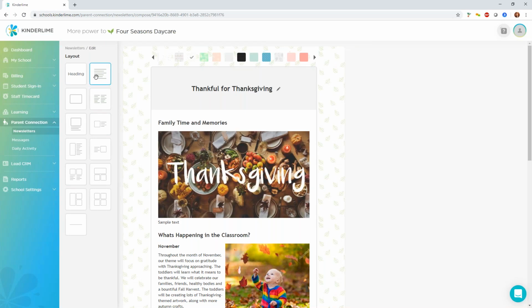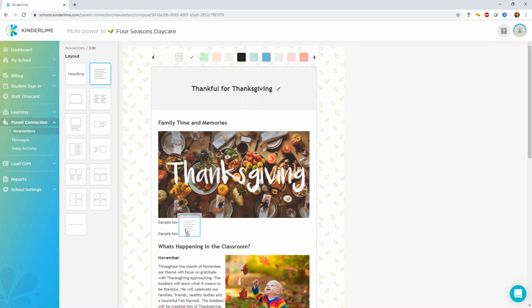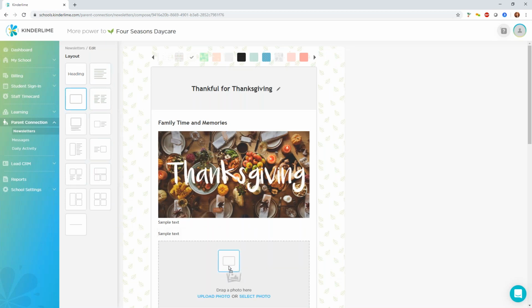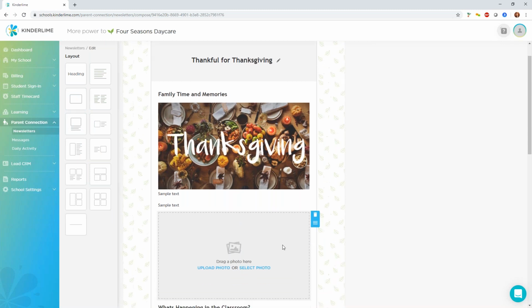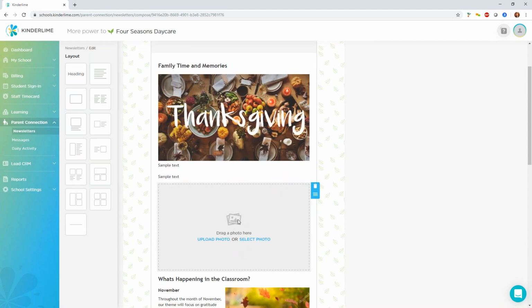You can also add text. So if there's something you want to elaborate on, you can just drag something in there. This one is a photo icon. So if there's additional photos that you want to include, you can put that right there. And again, more text, and then the rest are just photos. When you go to upload a photo,